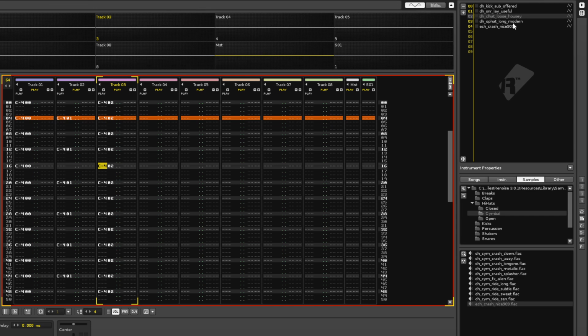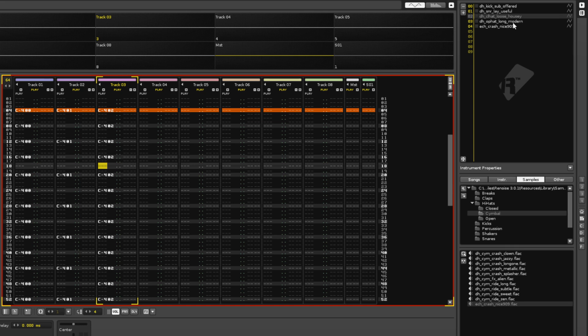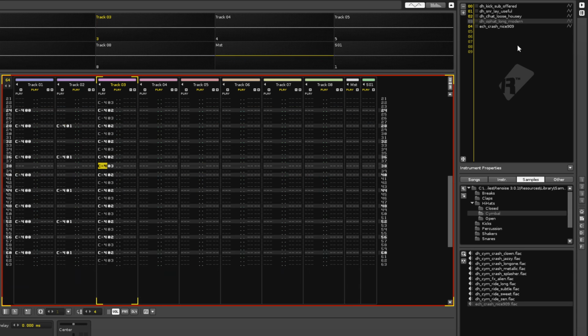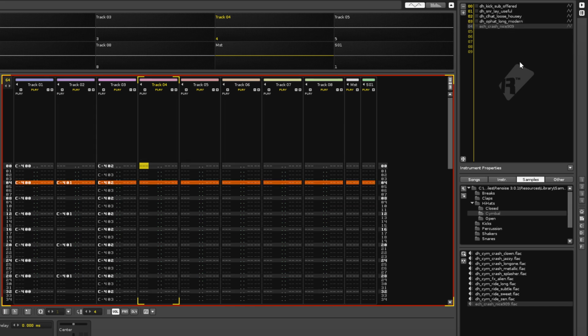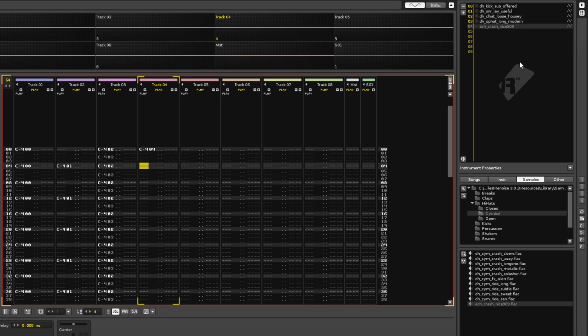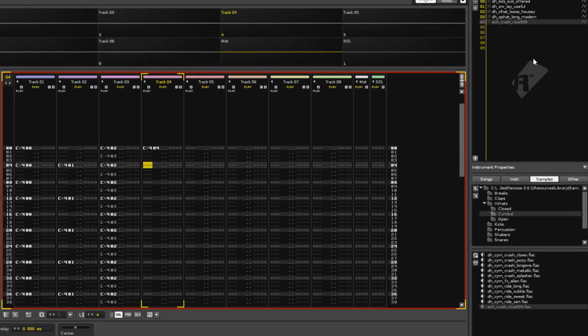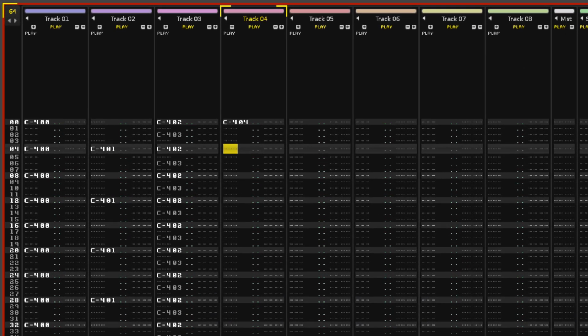Move down 2 lines with the down arrow key so that the cursor is between the notes. Select Long Modern and hold down Z again. Tab to the next track, F9 to the top, select the cymbal and press Z once. There are a few tracks now, so it will be worthwhile renaming them to stay organised, since songs can quickly become quite complex. Double click on the track names and change them to something appropriate.